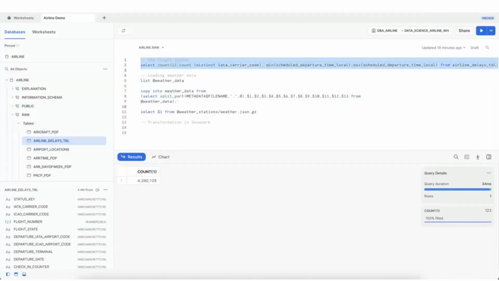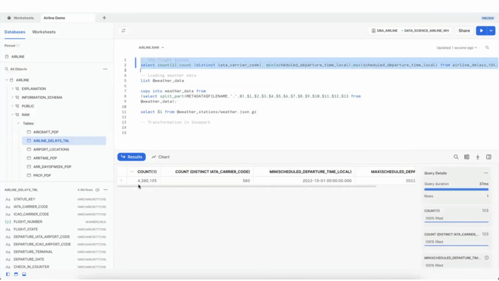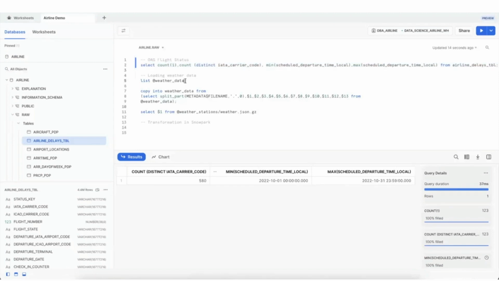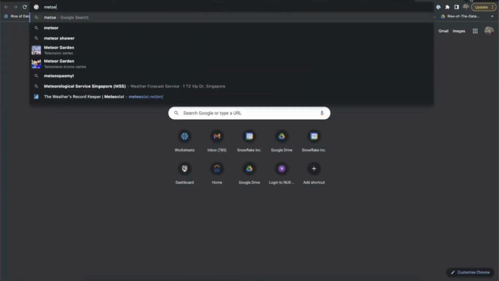So let's take a look at our data set here. We have 4.4 million rows across 580 different carriers for the month of October in 2022. I also uploaded the public data sets from Meteostat. So just to show you where I took the data from,